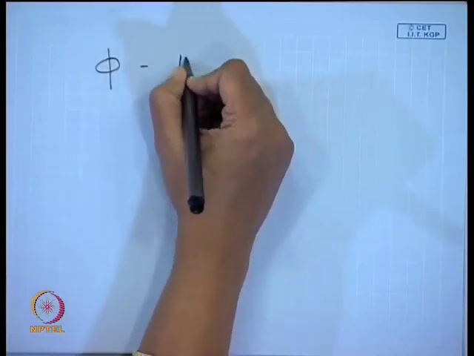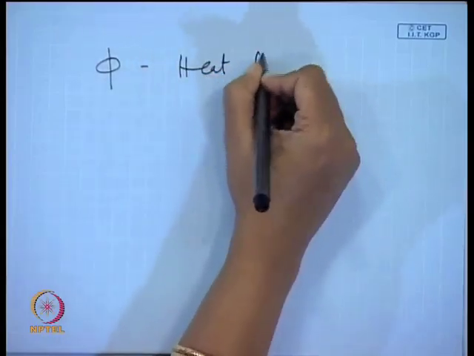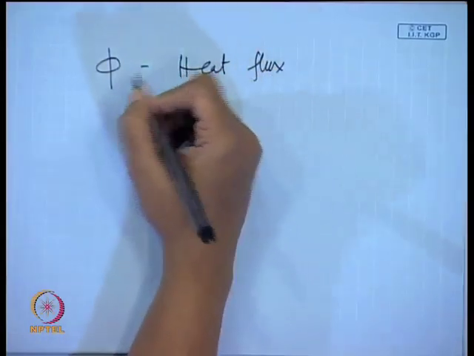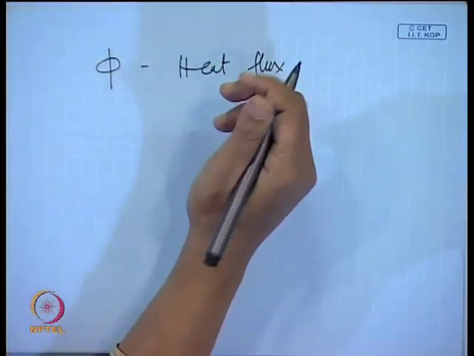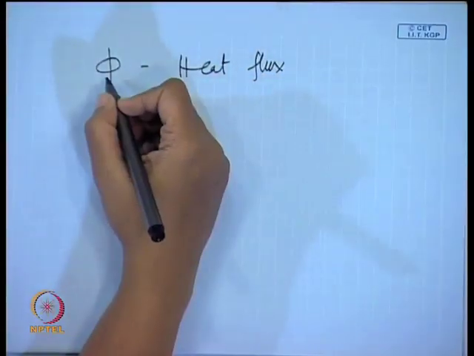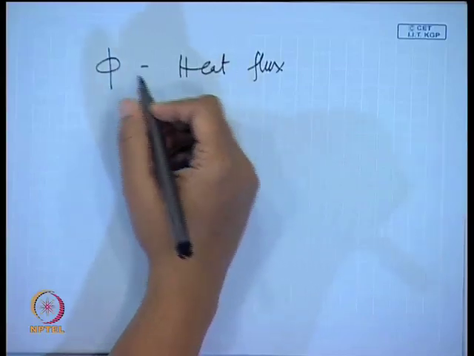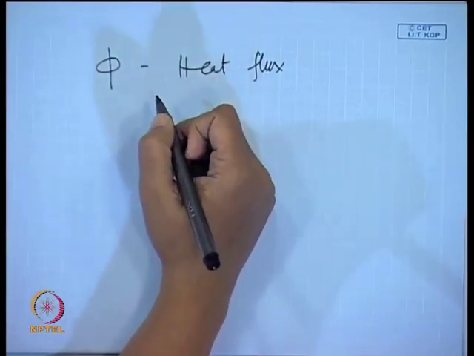How to relate quality with the heat flux? Please note that heat flux, I am denoting it as phi. If you want, you can denote it as small q as well, but since capital Q is already the volume flow rate, usually I would prefer to mention it as heat flux phi. Now,